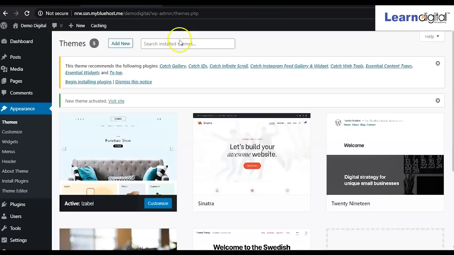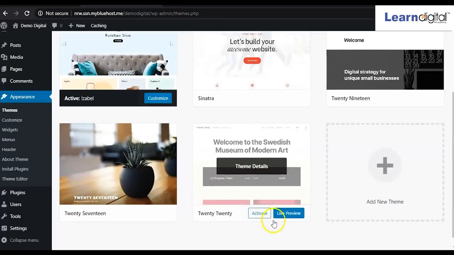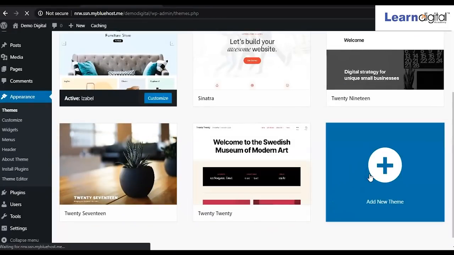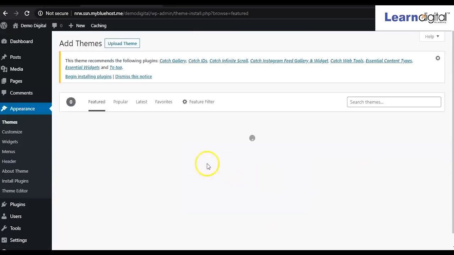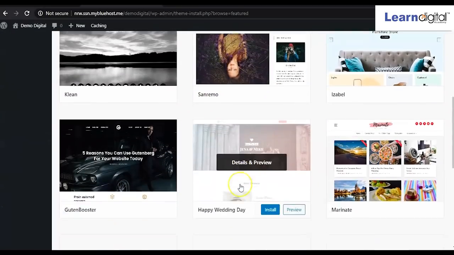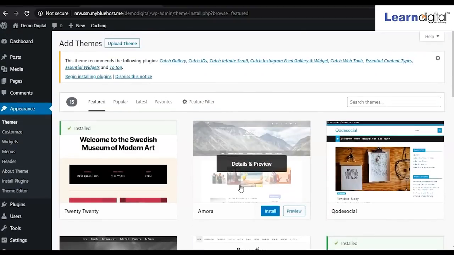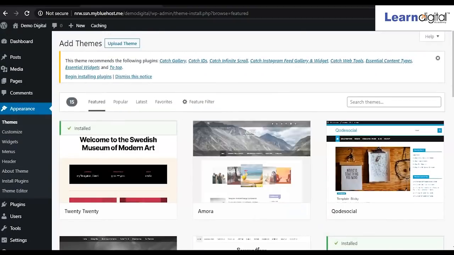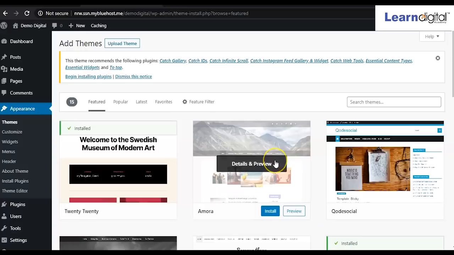Now again if you want to change the theme, you can click on add new and select any theme, right? But remember that most of the themes here are free, but for getting the full functionality of that theme you'll have to purchase it, right?